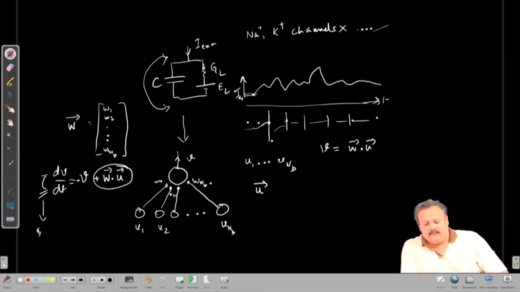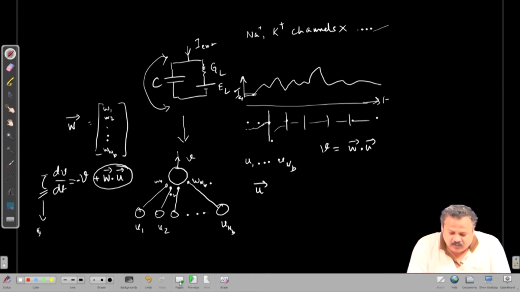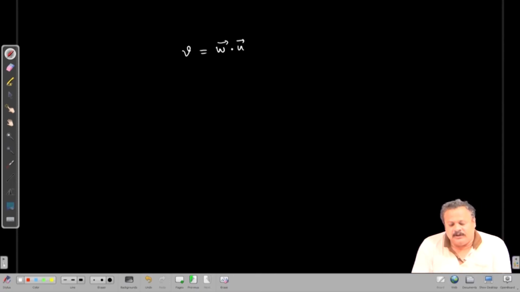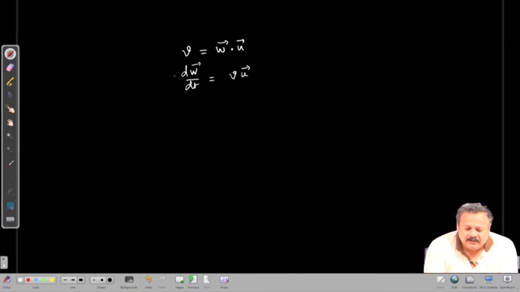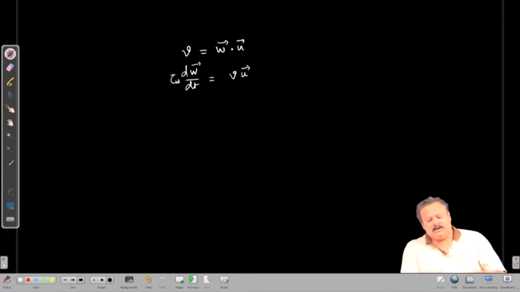So, if we have this as the model, then we consider what we have learned from our Hebbian plasticity, that is now V equals W dot product with U. What our Hebbian plasticity suggests is that if the weights are increasing, that is our dW/dt is proportional to the correlation of V and U. So, V times U,